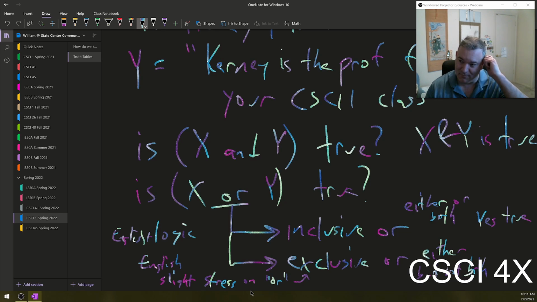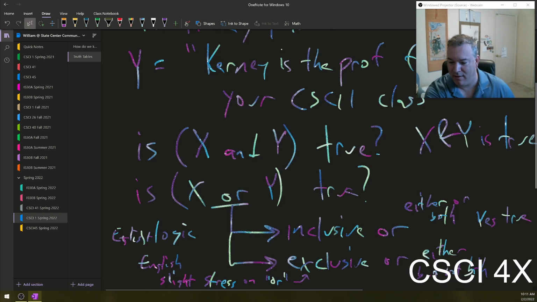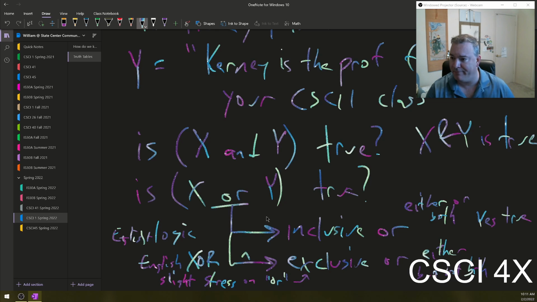So, in logic, though, if we just write "or," it's always inclusive or. Okay? If we wanted to represent exclusive or in logic, we would write XOR, like this. Or sometimes we use the caret character. And so if this was an exclusive or, is it true that X or Y, this is false, right? Because that means they're mutually exclusive. That's why it's called exclusive or. If they're mutually exclusive terms, then